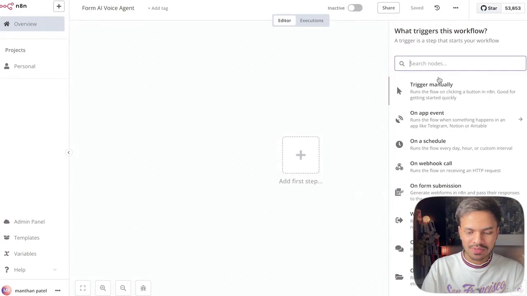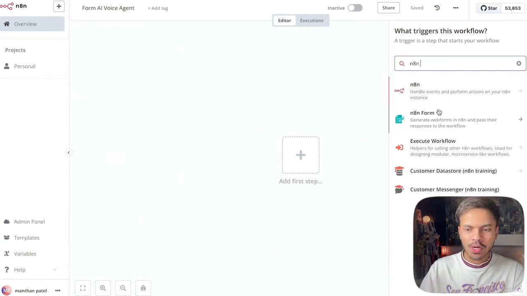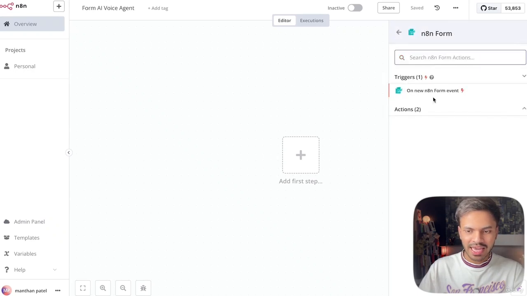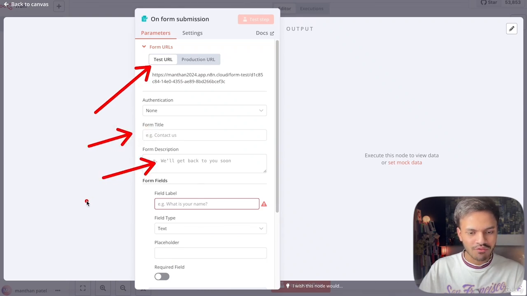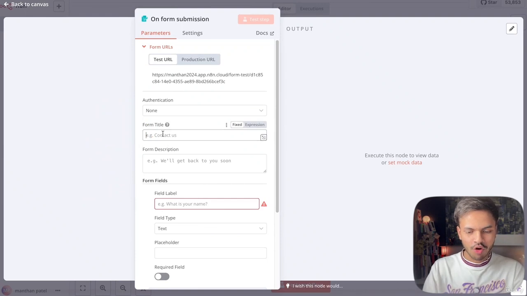So we are going to use the N8N inbuilt form feature. Click on N8N form and click on this trigger. So whenever the form event happens, it will trigger this automation. We have the test URL here. Then we have to provide the form title, the description, and the form fields. Alright, so for form title, let's say